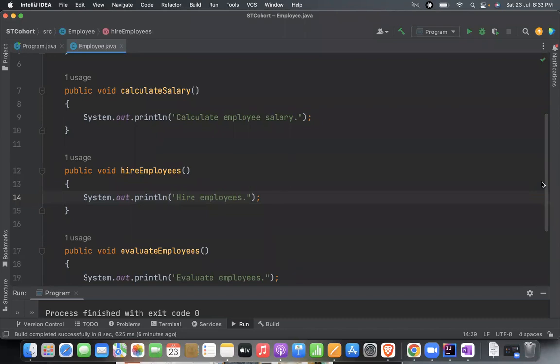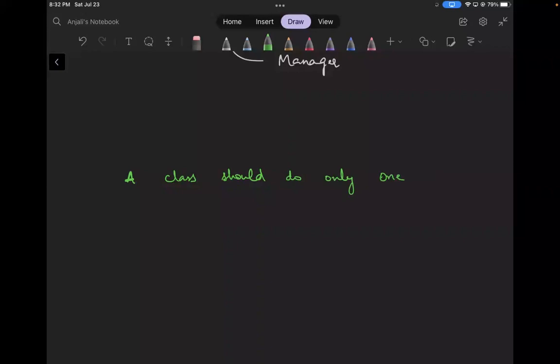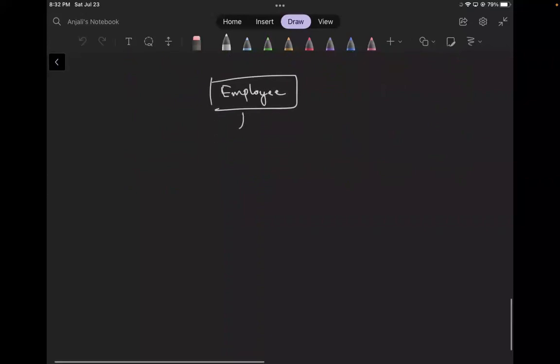Very good, everyone. So this is how we are going to be doing it. We are going to be splitting the responsibilities. So in this scenario, what is the one thing which we have to follow? That a class should do only one thing. What was the class which we had? We had the employee class. Now this employee class, we are going to be splitting out based upon the different actors. So the first one which we will be having is going to be,